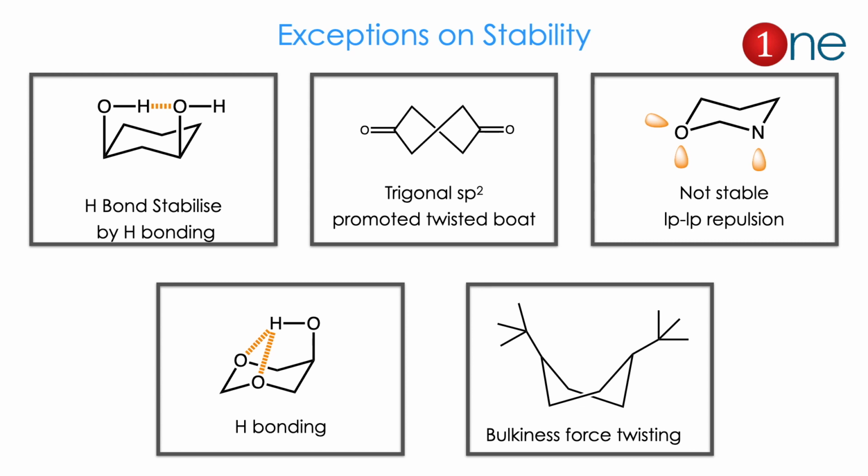Let us conclude with the exceptions to stability. The exceptions to stability come when there is a hydrogen bond, or a dicarbonyl system, or a lone pair system. Then there is hydrogen bonding inside the ring, or a double bond outside the ring. Sometimes bulkiness also forces the structure. So you should always know that bulkiness and hydrogen bonding dictate the structure.